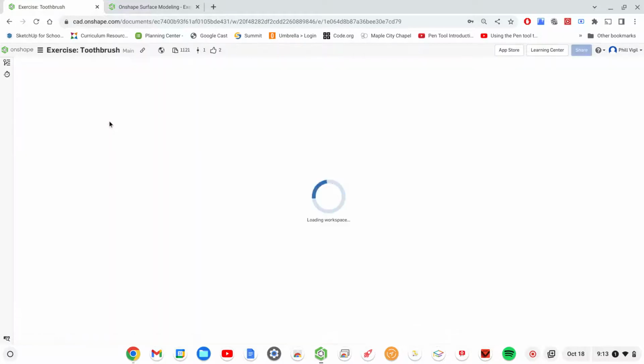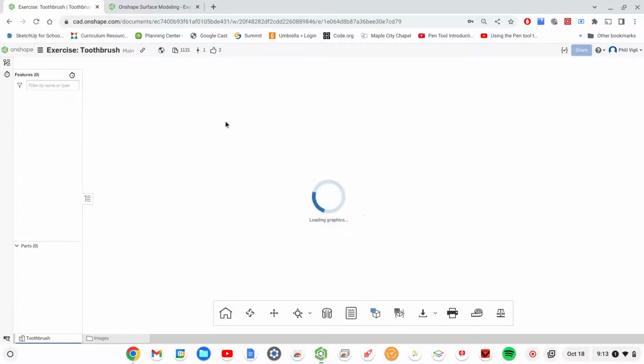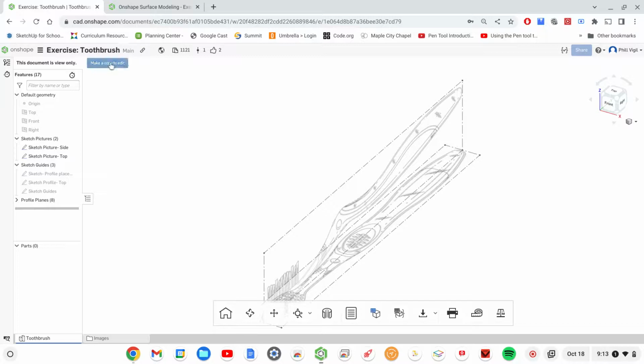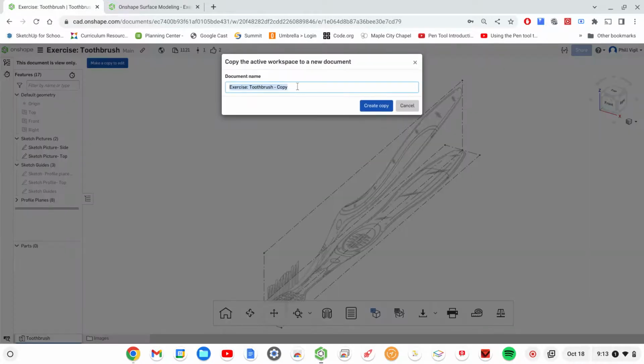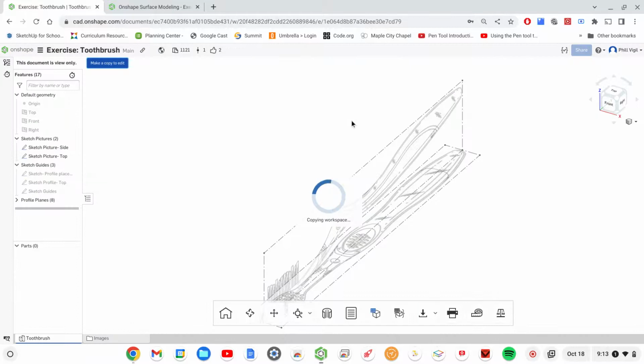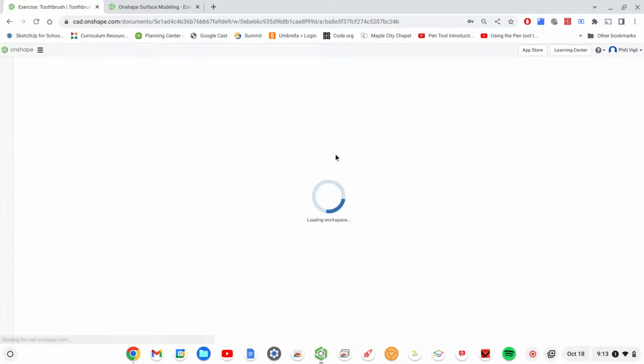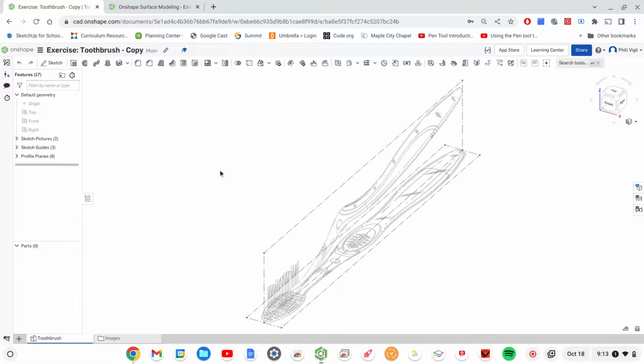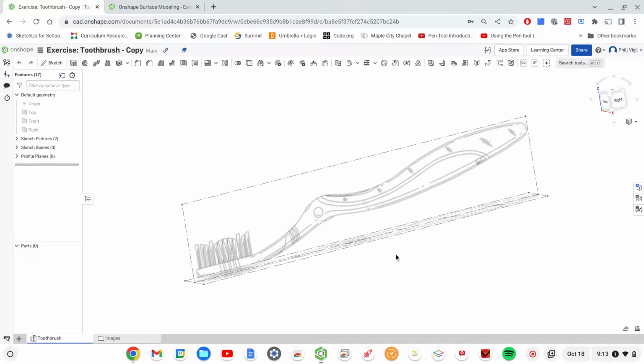Once you open it, before you can do anything, you will have to make a copy. So you can click the button to make a copy in order to edit it. Then once you're in here, you can see a lot of work has already been done for us. So we'll get into how to copy this